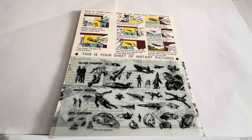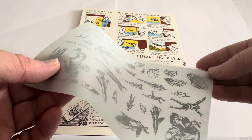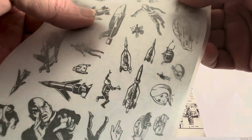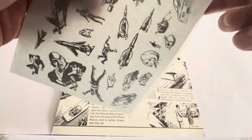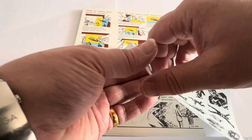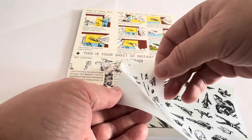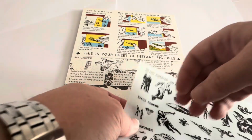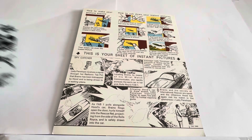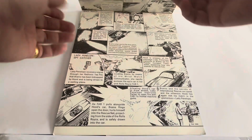Okay, you can see they are transfers, and on the back you've got this other sheet which is keeping them nice and crisp in the back there. And you peel that away like this when you are ready to rub the transfers onto the pictures. So I'm not going to do that. I'm just going to move those transfers out of the way so I don't damage them. And then if I open up the